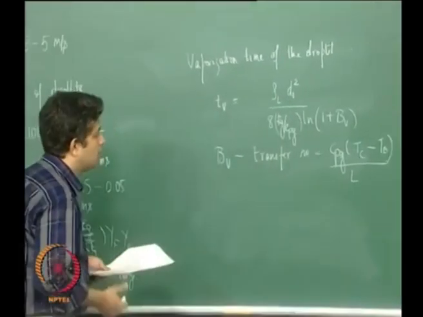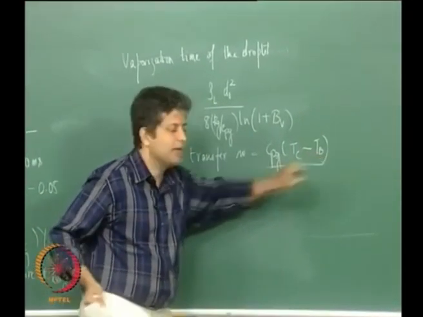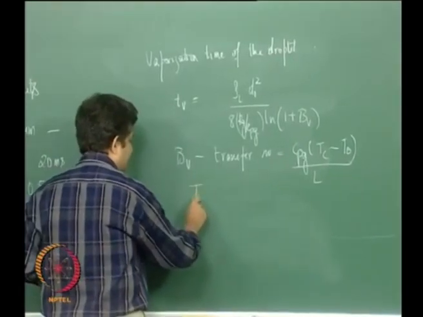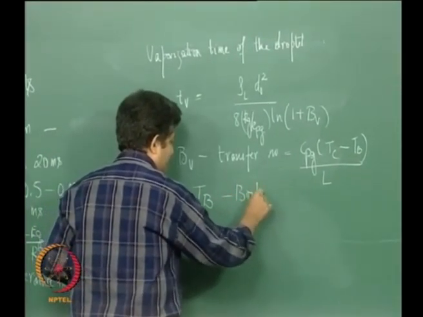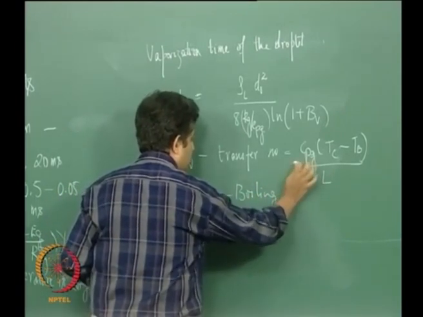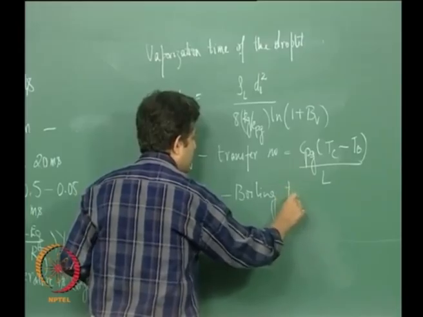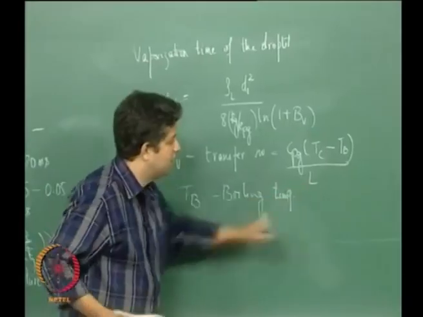Here TB indicates the boiling point. Okay, TB is the boiling temperature and L is the latent heat